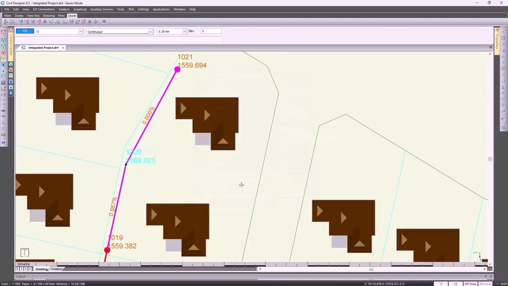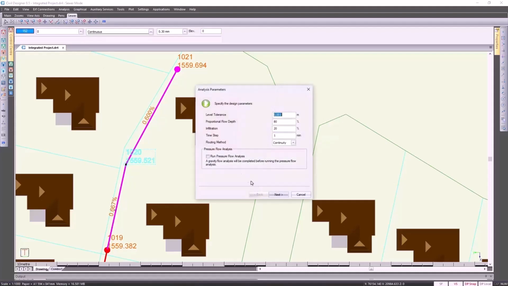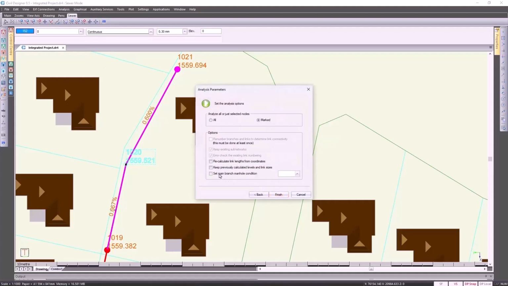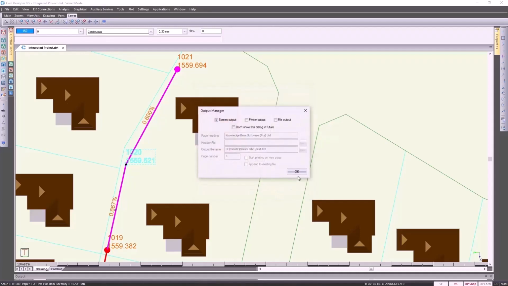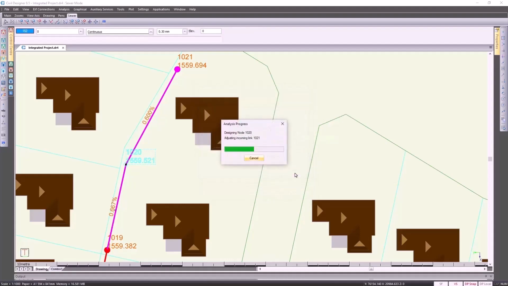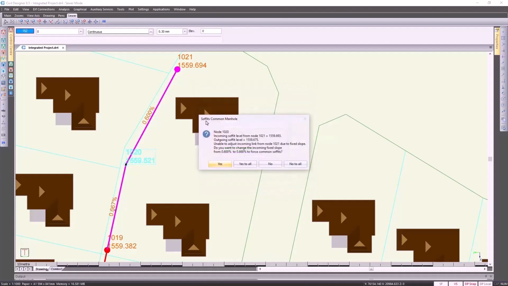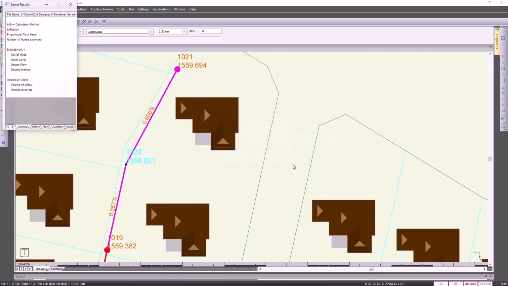However, another thing that you might be missing when you analyze the sewer network is setting the mainline conditions. Over here, set main branch manhole condition, and if I go and make that a soffit again, click on finish, even though I specified it to be a drop manhole, it overrides the drop condition and makes it a soffit again. So be sure when you set up your sewer network not to contradict your different conditions